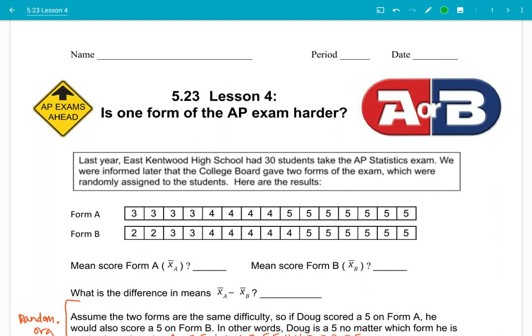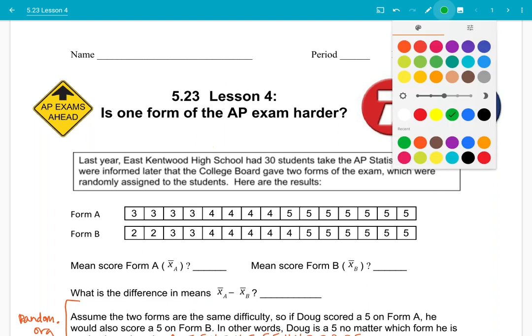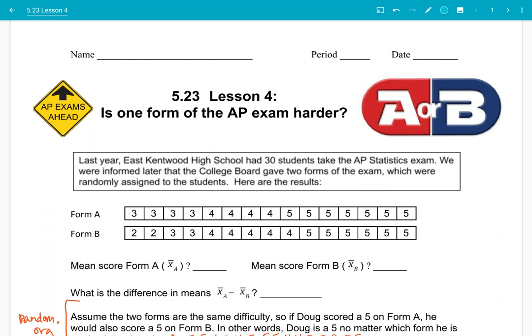So you have 2 options to find the mean. To set us up for confidence intervals and hypothesis testing, I think what I'd like you to do is to go back and practice putting these into lists and then calculating the means and standard deviations and such from your one variable stats, because that's really where we're going with this, and might as well practice it where we have a less intimidating lesson. Okay, so let's make Form A list 1, and let's make Form B list 2